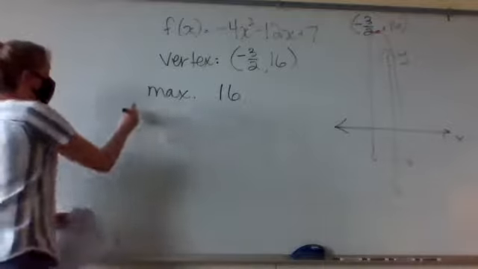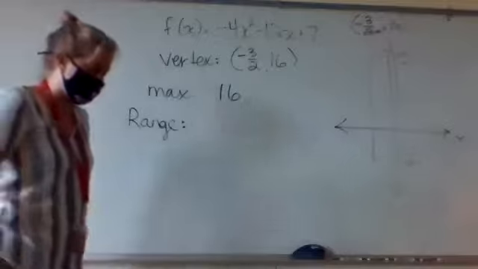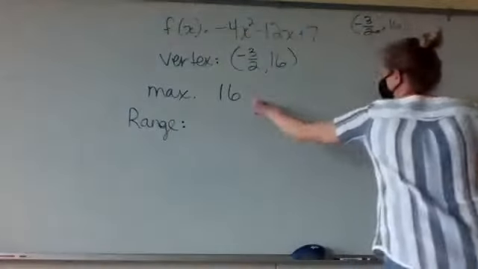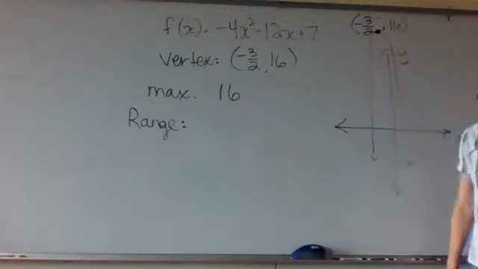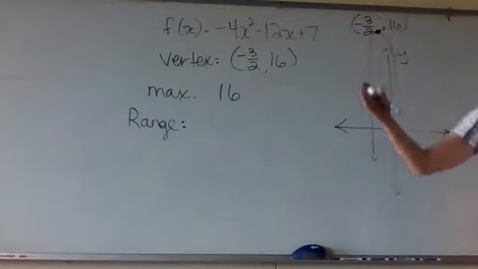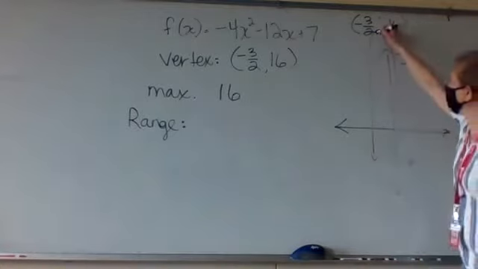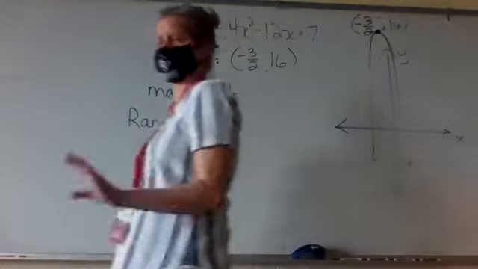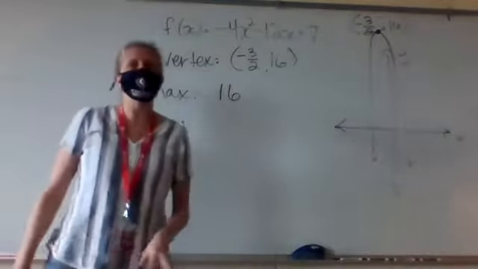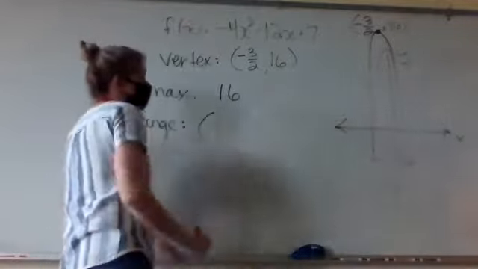Then it wants to know what the range is. Now the range is your y values of the function. We just told ourselves that the highest, the maximum y is 16. All the other numbers in the y are below it, right? All these numbers, the y is going to be below 16, which means you want to tell it that your range is 16 and below, but the way you would write that in interval notation is, where do